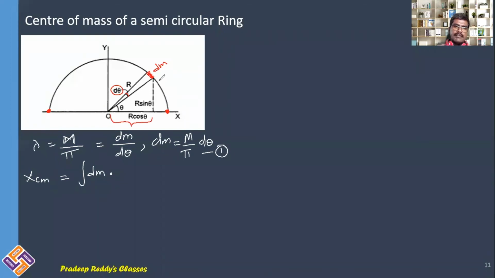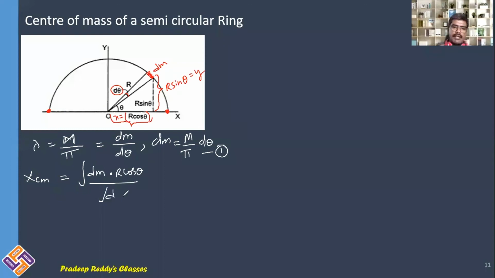And along the y-axis, its length is this. So dm is situated at this position, r cos theta, along the x-axis, and from the y-axis, dm is situated at this position, r sin theta. So here it is x and this is y. What do you take in place of x? In place of x, you need to take r cos theta